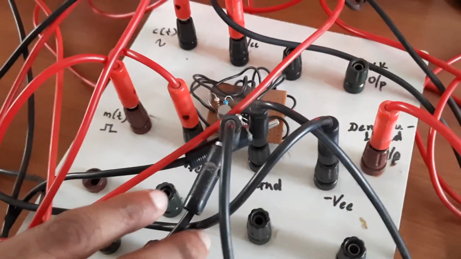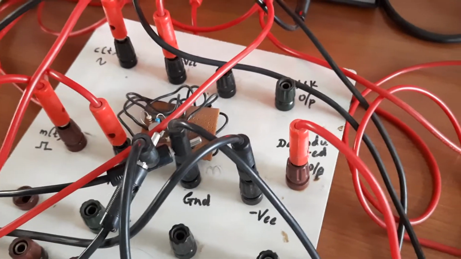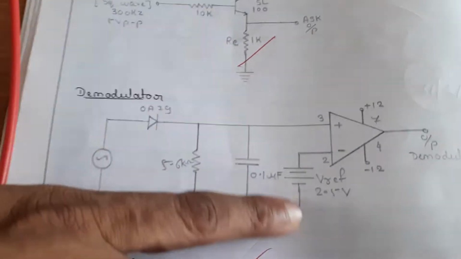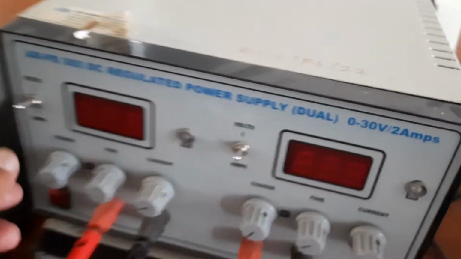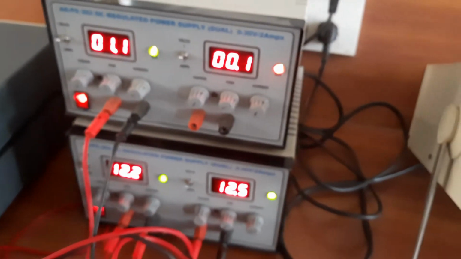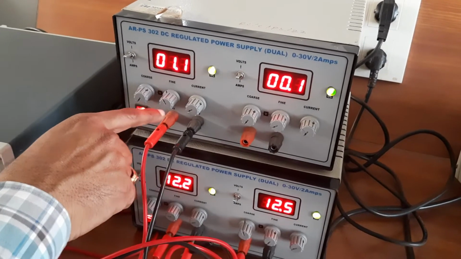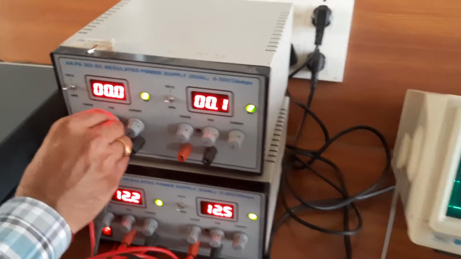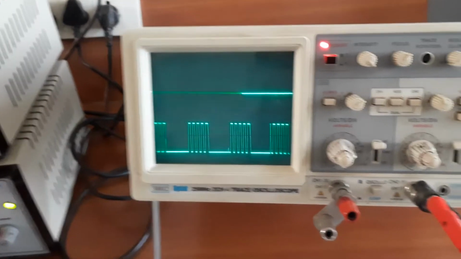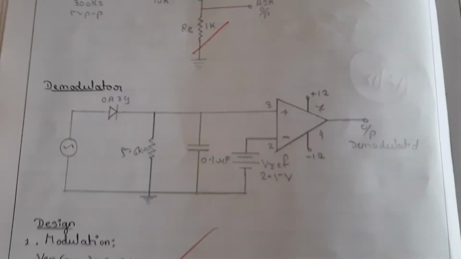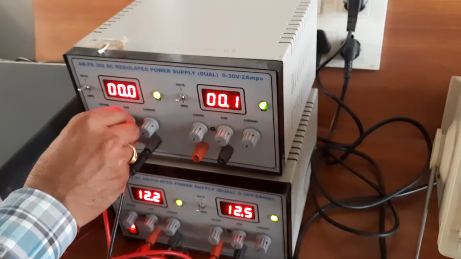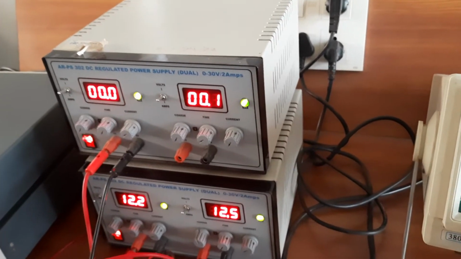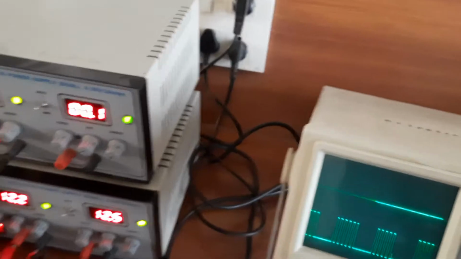Then, once you are connecting this, you should apply the V reference. You have to apply the respective V reference. Once you are applying it, you vary it, and the range is up to 2.5. You start from 0 and keep increasing, and where you get the demodulating signal, you should get it to be that.